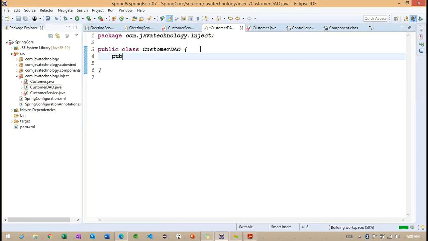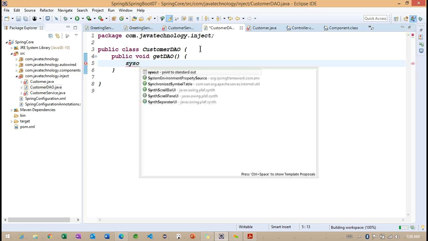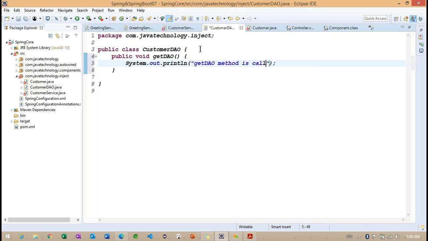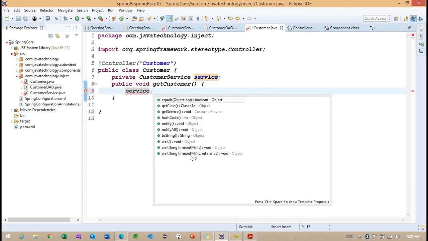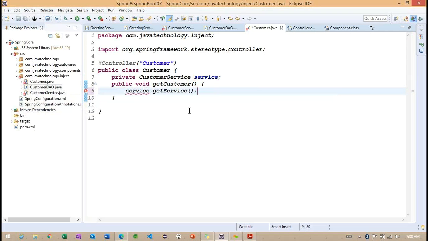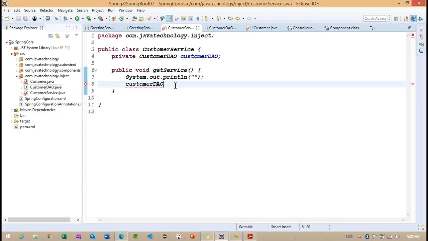Here I want to provide one more method, the get DAO method, and service dot get service. So we implemented three classes here: the customer service and the customer DAO.